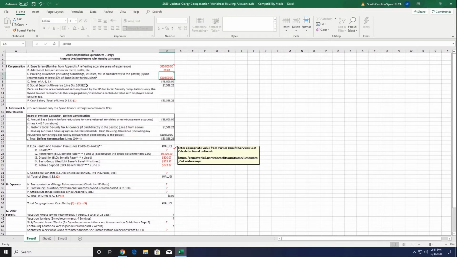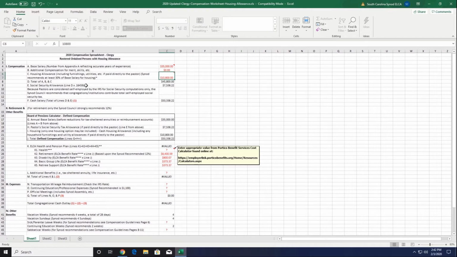So there's two different ways usually that pastors have their Social Security handled. If there is somebody in your congregation that is a financial secretary and they handle paying the Social Security for the pastor in your context, then at that point, yes, this line would only need to be 15.3% of row D. If you have somebody in your context that does not pay that, and the pastor is given that Social Security allowance as a part of their taxable liable income, then at that point we're going to pay that pastor